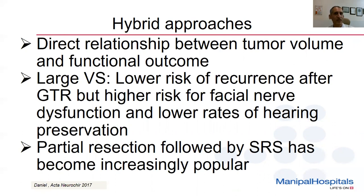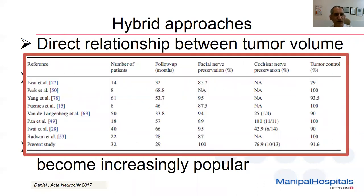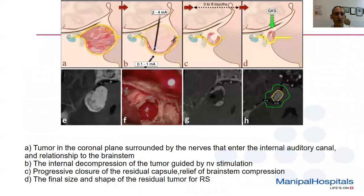So that is why what has come up now is partial safe resection of the tumor followed by SRS to the residual area. And this approach has become increasingly popular, and you have quite a few series of this approach now giving very, very promising results. So essentially what is done is you have a large tumor, as you can see in this